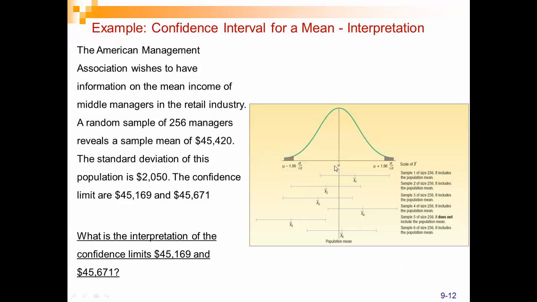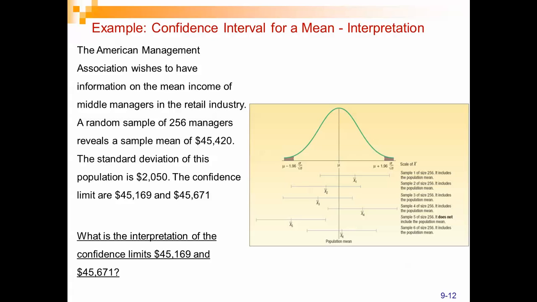And this you should recognize from a couple of slides before. Here's our population mean, and here are each of the example samples that we have. So the 95% confidence refers to the middle 95% of the observations. Therefore, the remaining 5% are equally divided between the tails. And what's the interpretation of the confidence limits? 45,169 and 45,671. Same as what we said before. With 95% confidence, we estimate that the population mean is between $45,169 and